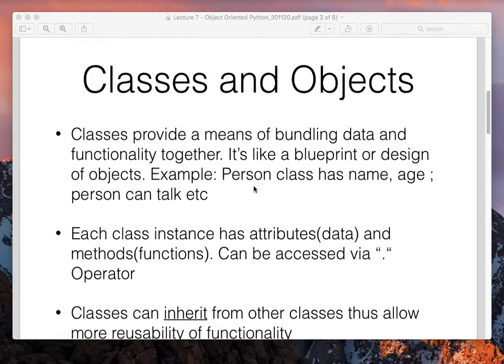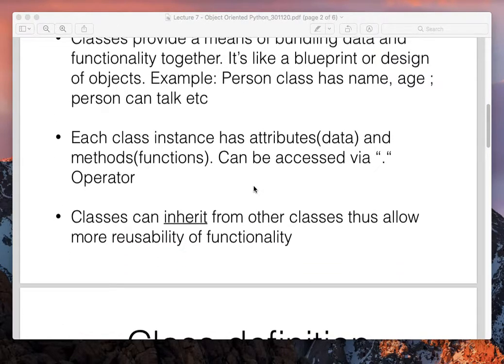But the message here is that we are dividing everything into objects, and every object has a class. Like we have seen, the string class is there, the list class is there, and different classes come out of the box in Python. But we can ourselves also define certain classes which we can use to bundle the data. Each class instance has attributes and methods. Attributes are the data, or the properties as we also call them, and methods are the functions, which are more of a computation on the data. The properties and the methods can be accessed via the dot operator. In methods you also need parentheses. Once we see it, you'll know.